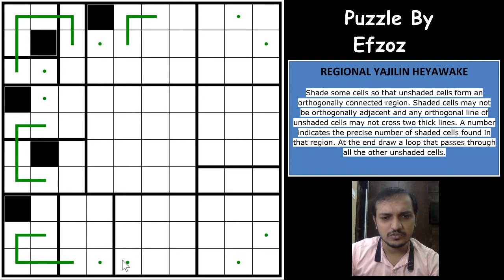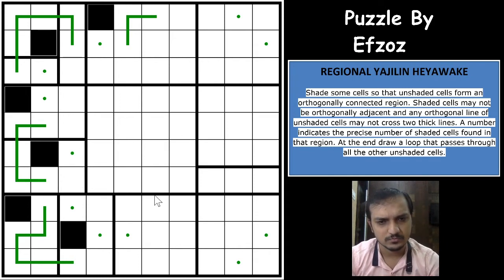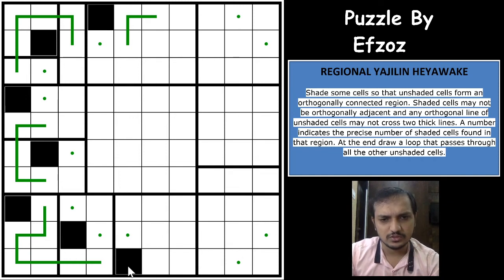Okay, so one of these two cells would have to be a shaded cell, both of these cannot be unshaded, which means both of these would have to be unshaded now. Excellent. And now because of this, this would have to be shaded now. Again, superb logic. This is shaded, unshaded. Okay, so this also comes this way, this is shaded, right? And one of these two cells would have to be shaded, right? Which means this becomes unshaded.